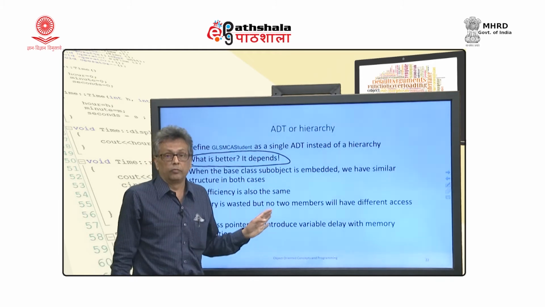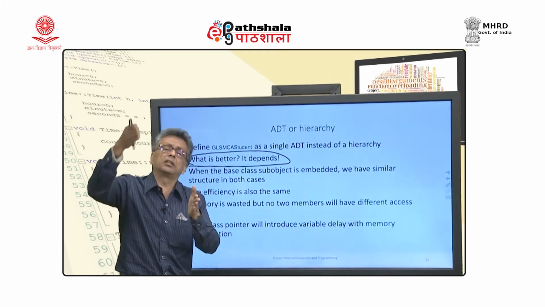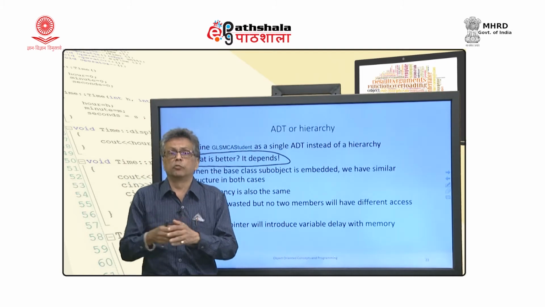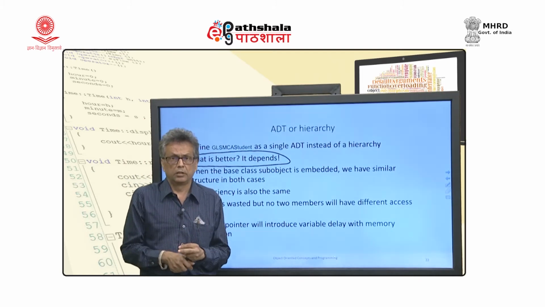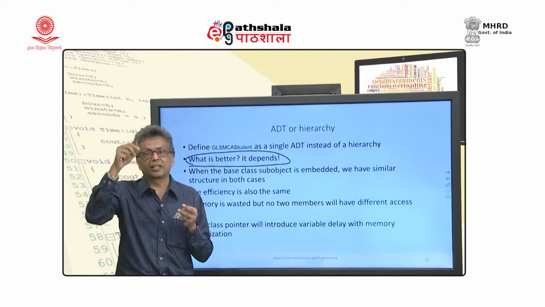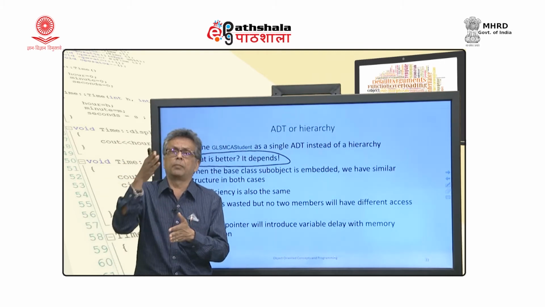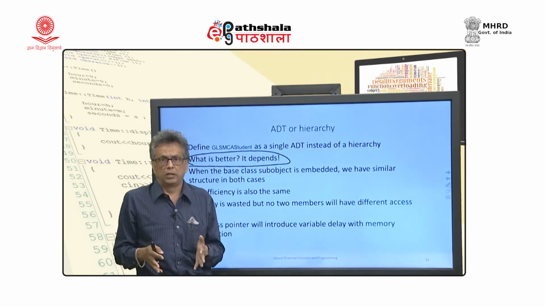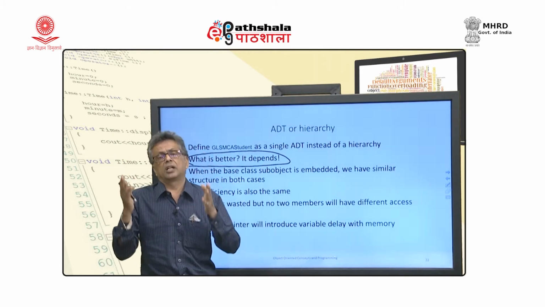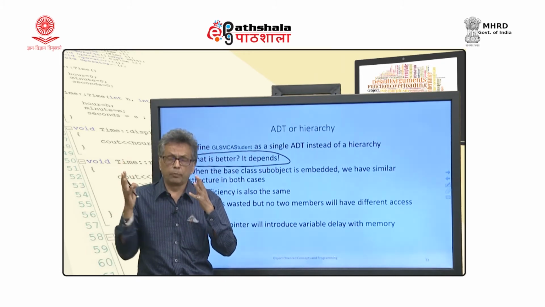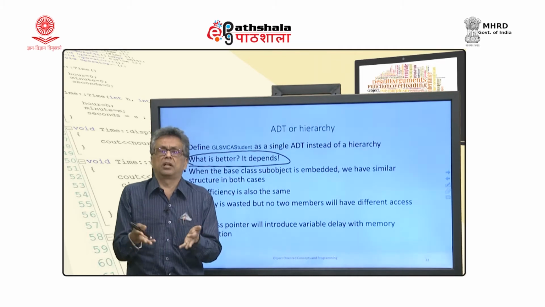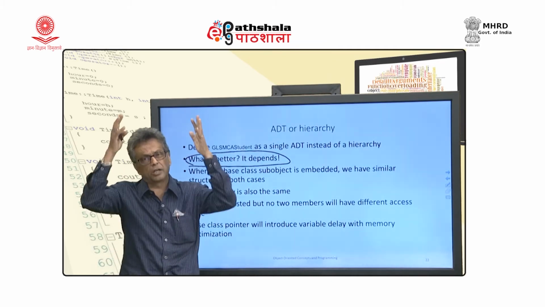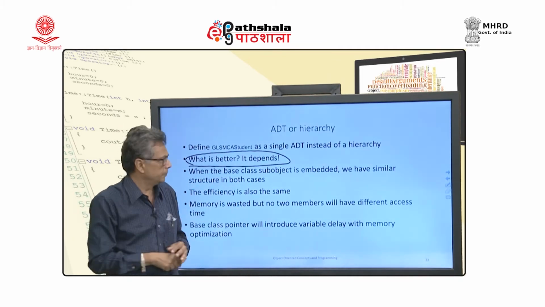We already know what that trick is: it just embeds the base class sub-objects within the derived class objects. So if you access a member, whether it is a derived class member or a base class member, there is no difference. In fact, the derived class object is as good as an ADT object, something which contains all elements together. There is no inheritance.